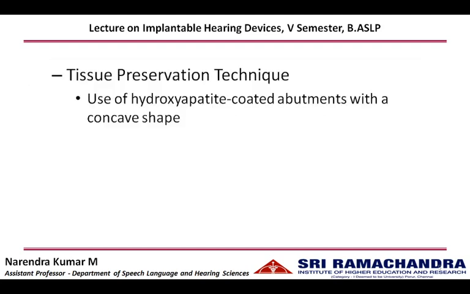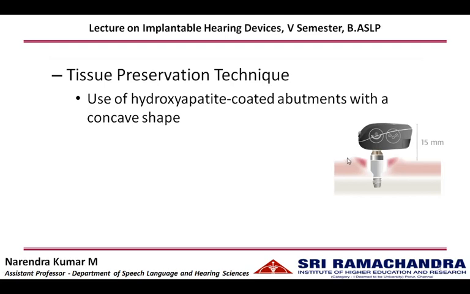There is another approach called the tissue preservation technique, where the reduction of soft tissues at the site of implantation is reduced. In earlier surgeries, whenever the tissue was not removed, there could be a projection outside the site of implantation due to the presence of the abutment. So surgeons used to remove the soft tissues closer to the site of implantation so that it provides space for the abutment to sit.